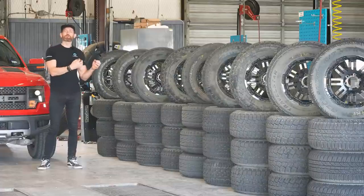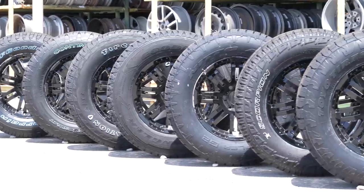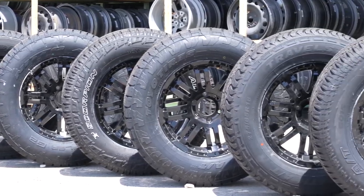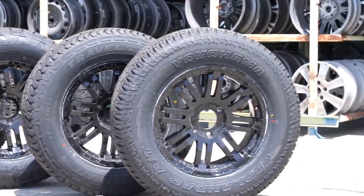Also, if you know the all-terrain tyre segment, you'll know these are all from the milder end of the spectrum, which are designed to spend more time on road than their more aggressive all-terrain brothers. If this video does well, I'll of course test more aggressive all-terrain tyres in the future, so make sure you